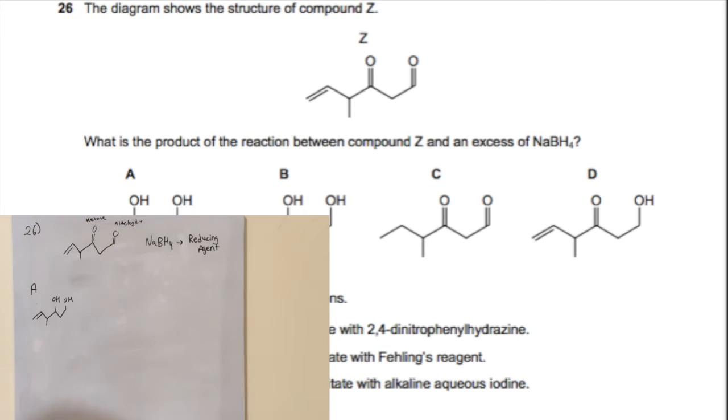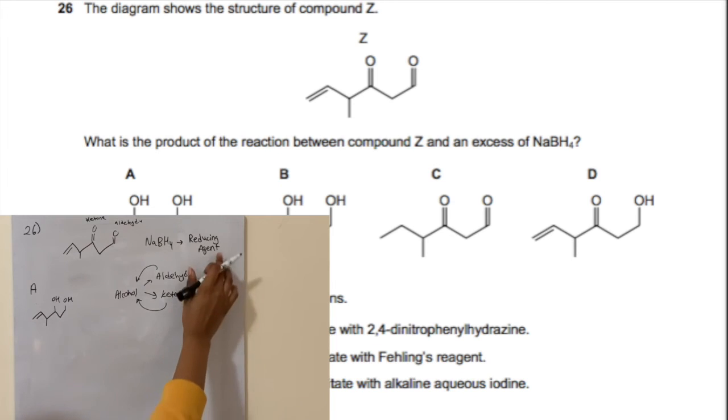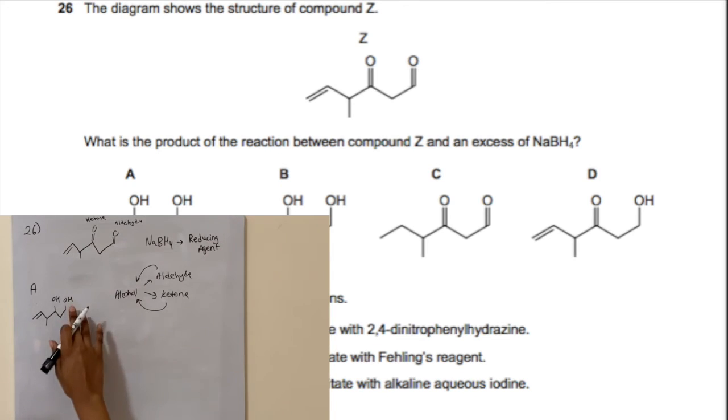aldehydes and ketones. So like I've mentioned in the previous question, a primary alcohol when oxidized gives you an aldehyde, and a secondary alcohol when oxidized gives you a ketone. So if we want to go back to the alcohol, we have to reduce it, so we're using a reducing agent. So it goes back to the primary alcohol and the secondary alcohol, and so A is your